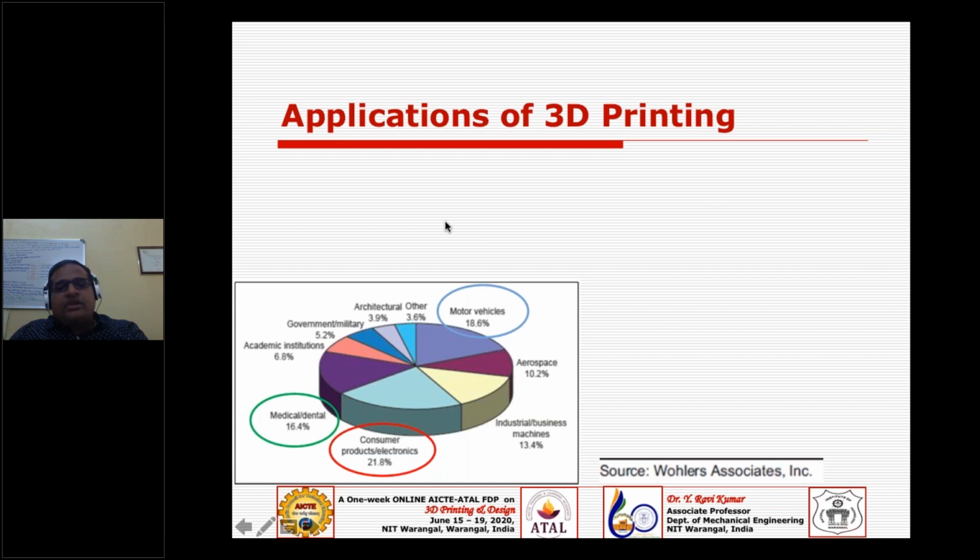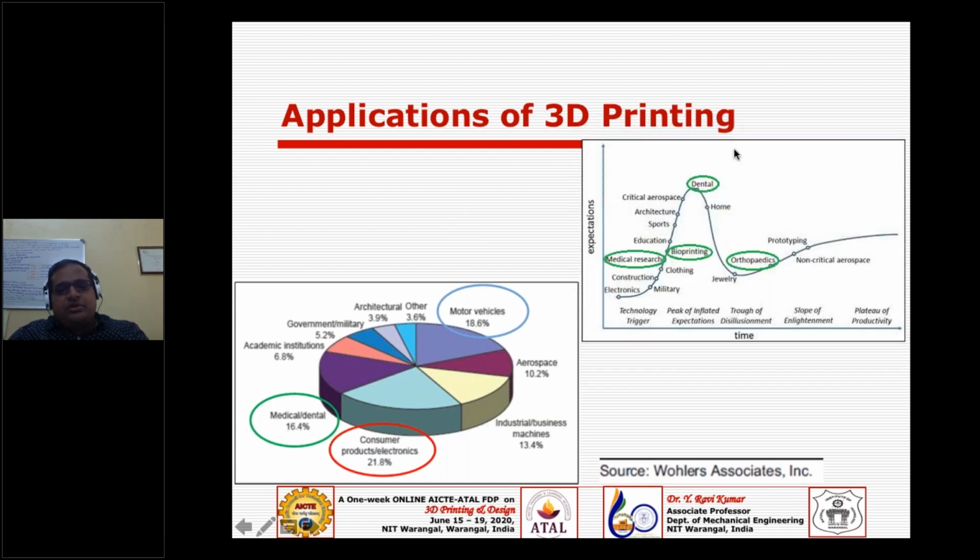And then within the medical domain, if you see the statistics, again, this is the expectation versus time graph, the hype graph or Gartner curve. We can see the orthopedicians are the early users of 3D printing technology, in terms of knee replacement, hip replacement, or any kind of bones.